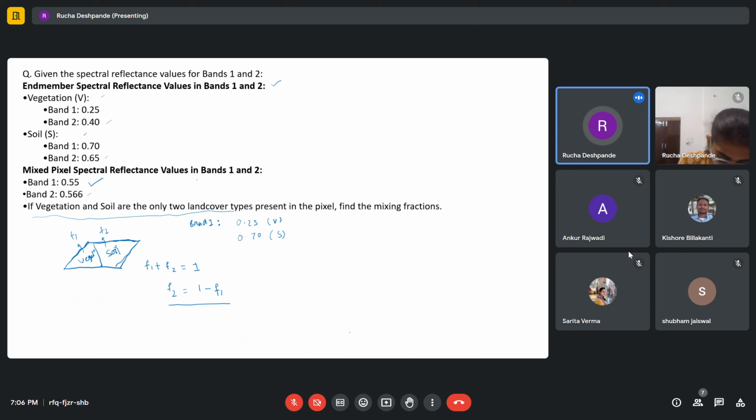And here the mixed spectral reflectance value for band 1, we have 0.55 is equal to the fraction of vegetation f1 into 0.25, plus we'll have f2 into 0.7. And if we substitute f2 is equal to 1 minus f1, then we have 0.55 is equal to,